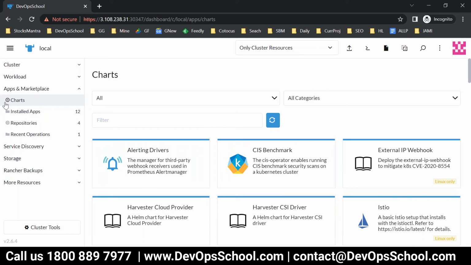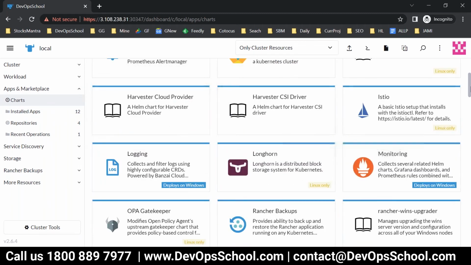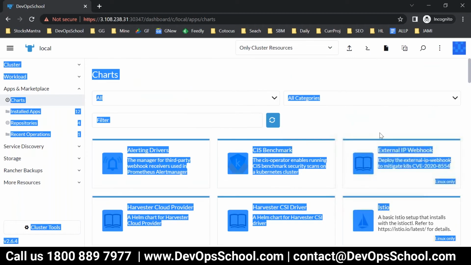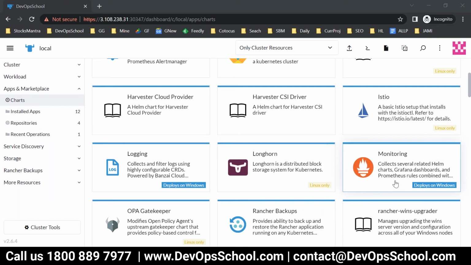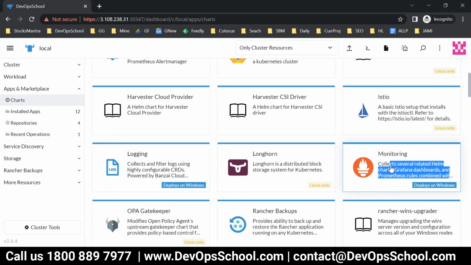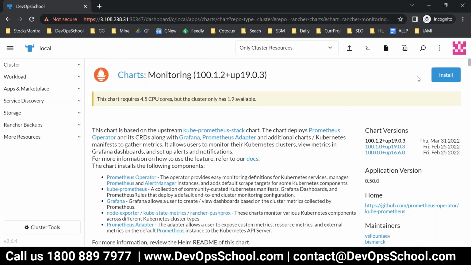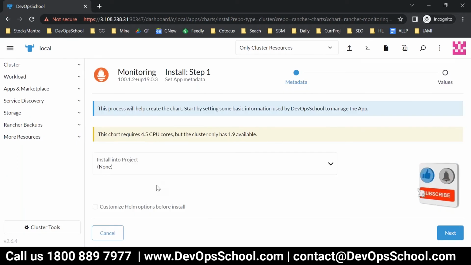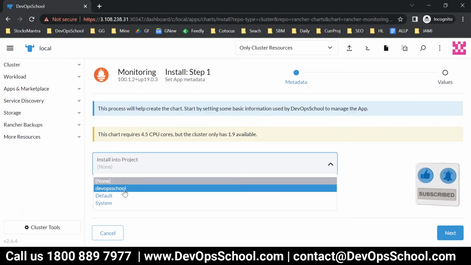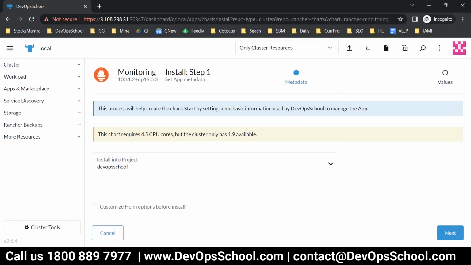For example, let's say I have only one cluster active, and I want to install Prometheus. So I'll look for Prometheus, which is basically a monitoring tool, which you can find here. Install this, and select which particular project you want. So DevOps school, next,